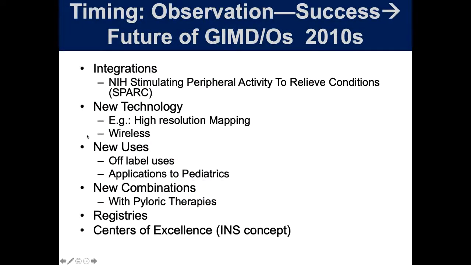What about futures? Well, as you may or may not be aware, there's a thing called SPARC, Stimulating Peripheral Activity to Relieve Conditions. That's NIH institute-wide, and has been going on for about 5 years. It will go on for at least another 5 years. And that's looking at new technologies, including stimulation for pain, things for the pancreas, artificial pancreas. There are a whole bunch of things that are part of this, but it's fascinating. It started out with basic science, and now is getting into more